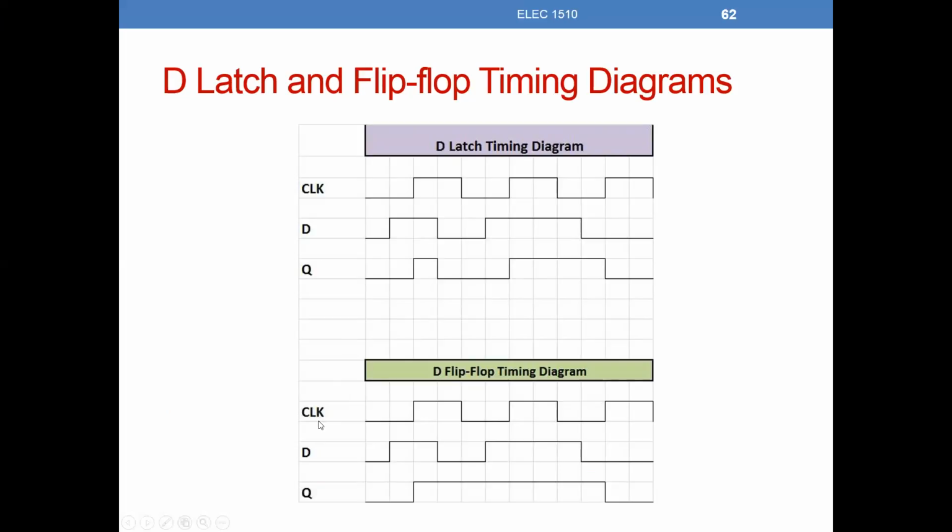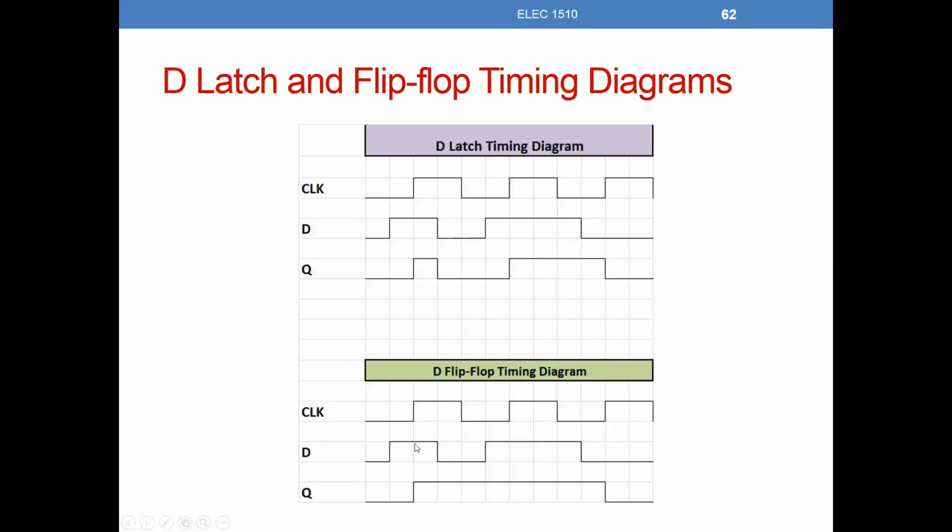Well, if this is a rising edge triggered flip-flop, let's take a look. See, both of these are starting out the same. Clock is 0, D is 0, Q is 0. So the input of D and clock, these two patterns are the same on both of these. So D goes to a 1, Q holds its state until a rising clock edge. So at this instant in time on this rising edge, D happens to be a 1, so Q becomes a